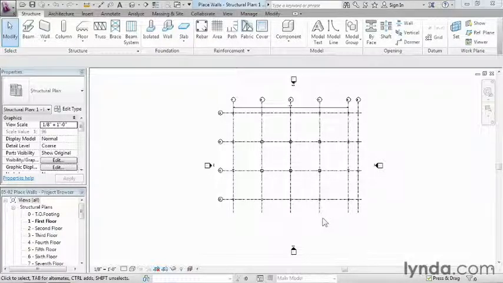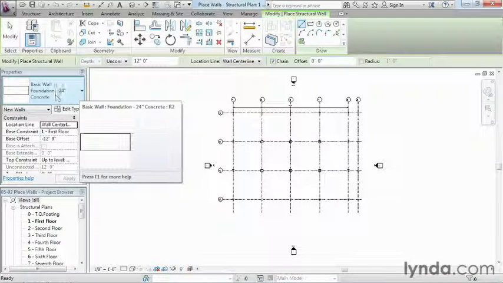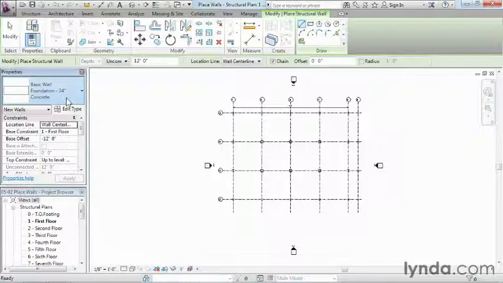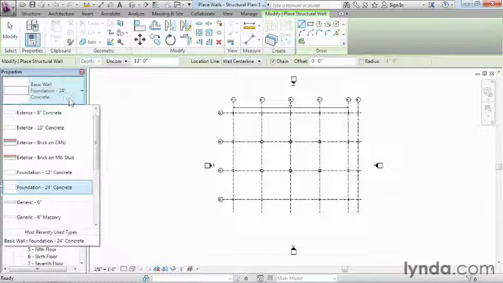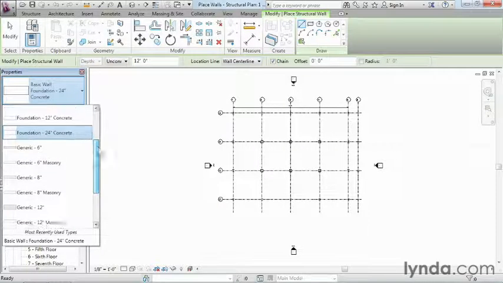So to start, we need to come up here to the wall tool. We'll select on that. And we have some options here, including this basic wall foundation, 24-inch concrete. And that's the one that we want to use. If it did not show up for you, just go ahead and select right here in the type selector list where it has basic wall foundation or whatever it says for you,